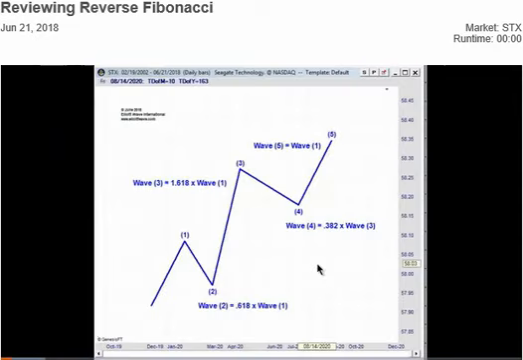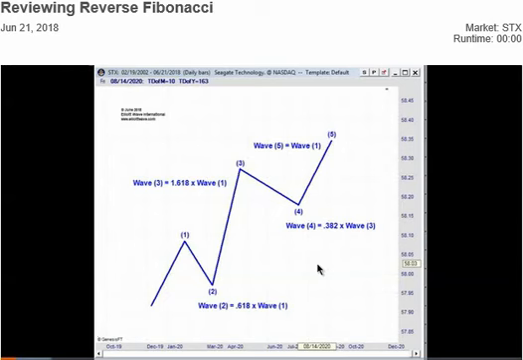Recently I've received a number of emails requesting that I review my reverse Fibonacci technique. So that's exactly what we're going to be doing in today's episode. Simply put, a review of reverse Fibonacci. So let's begin. Now the diagram in front of us shows the basic type of Fibonacci relationships that we look